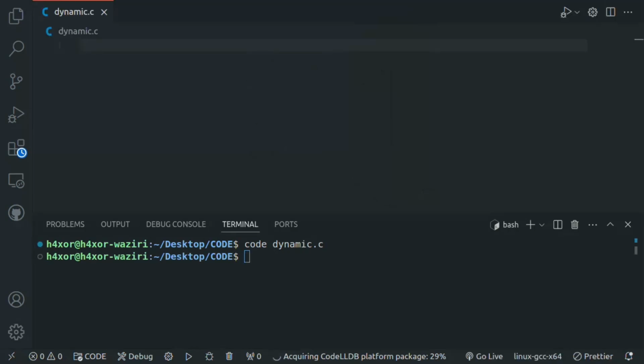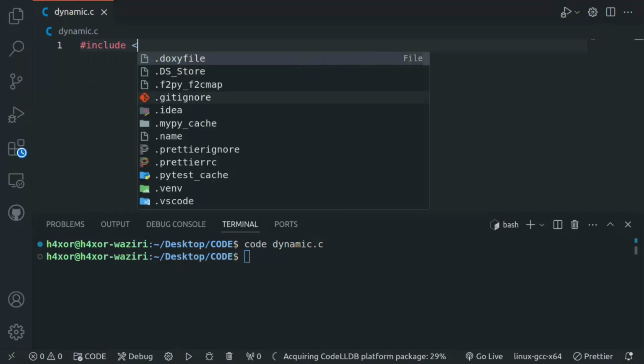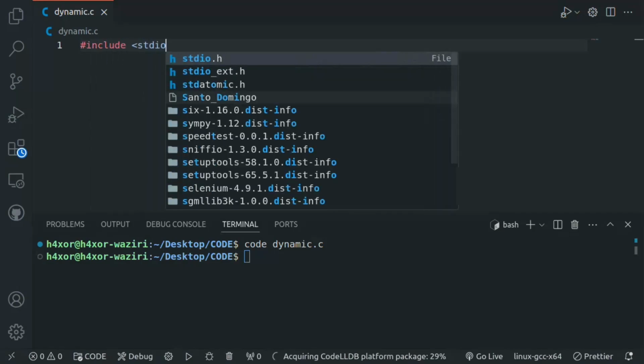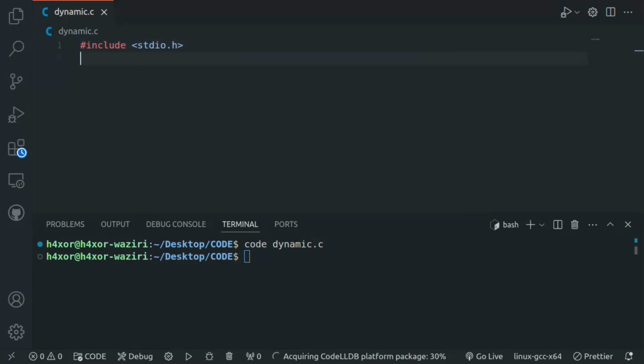Now first, I will use the scanf function to store data dynamically. #include <stdio.h>, then int main(void), then inside curly braces int number;